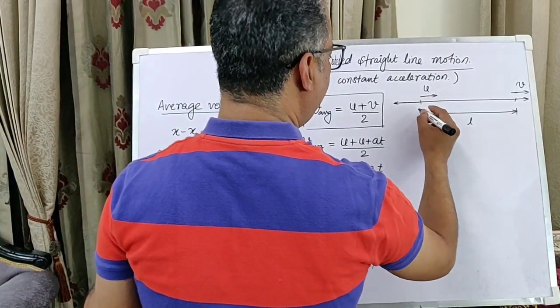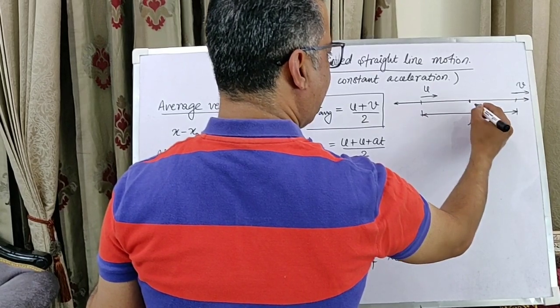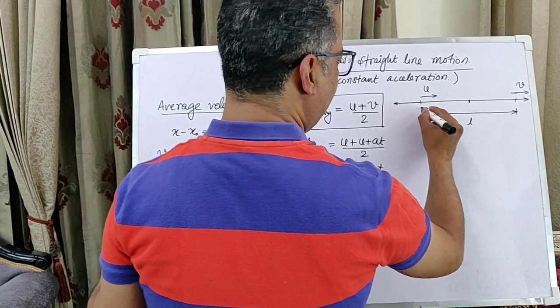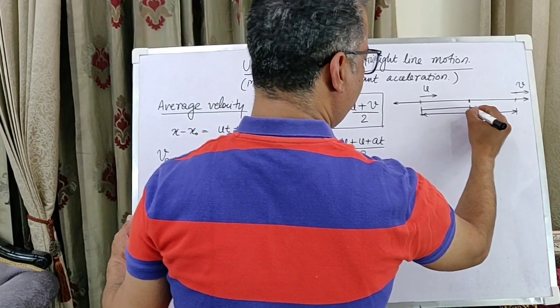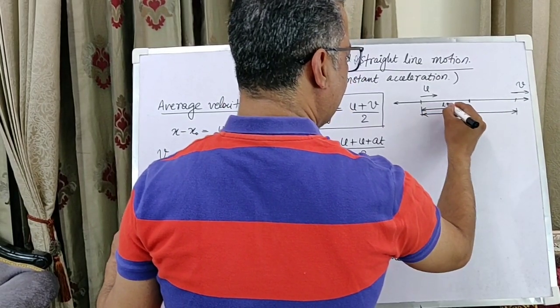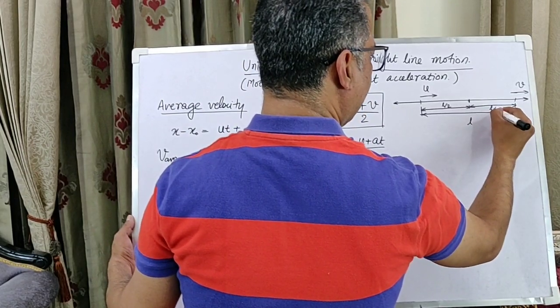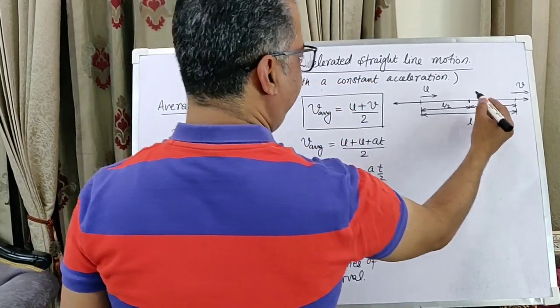Now we are looking for the velocity at the midpoint of this run of motion. So this is L by 2, this is L by 2 as well, and we are looking for the velocity v prime